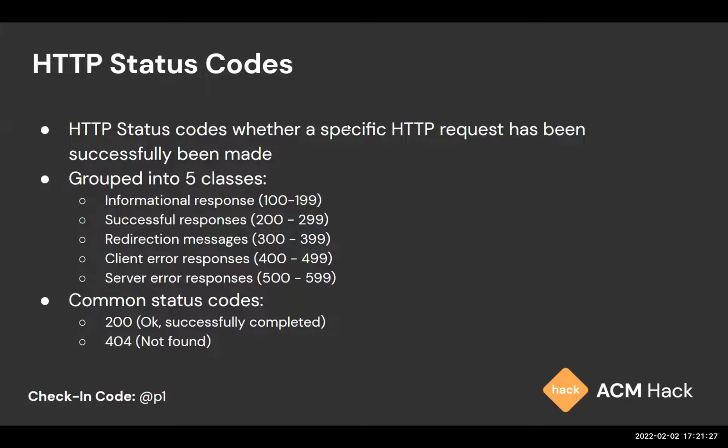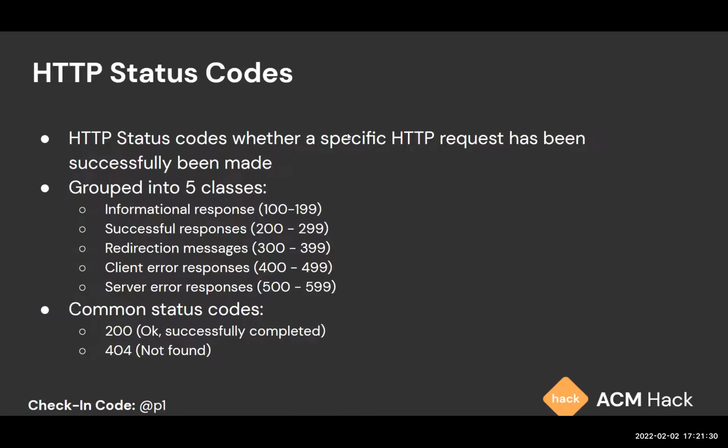Cool. So we'll move on to the next slide, which is HTTP status codes. These are essentially different status codes when a specific HTTP request has been made. The server will give a code depending on the response, right? These different codes can be grouped into 5 different classes. So if you make a call to the server and the server returns a response with a status code